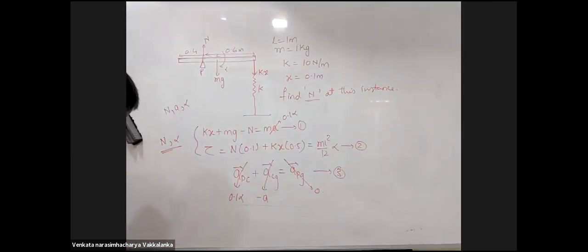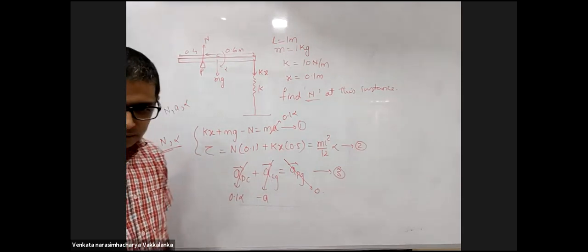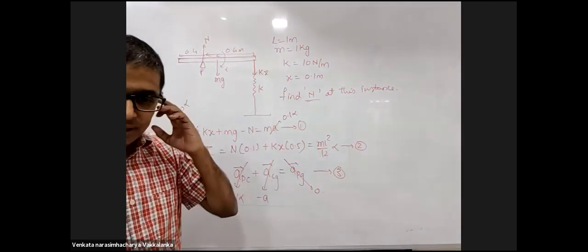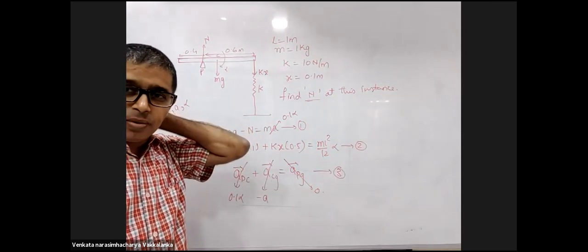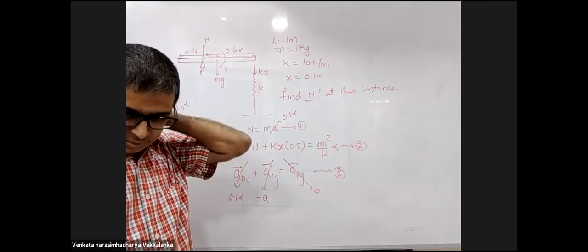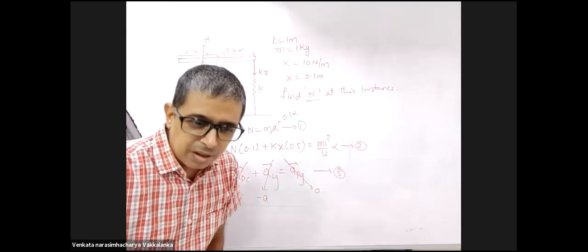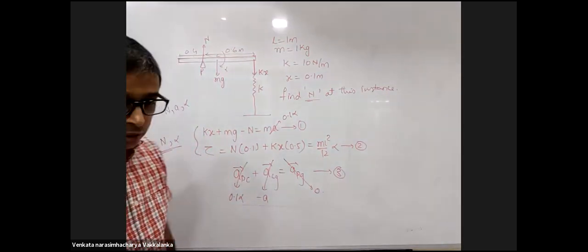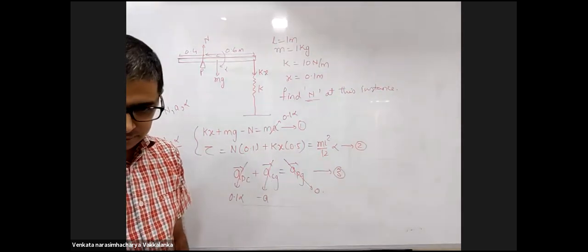Sir, is the answer 29 by 4 Newton? You will go with the majority. I told you I don't know the answer. I give arbitrary numbers. What is the answer that you people are getting? Sir, I am getting 29 by 4. I am getting 125 by 22. What are the others getting? Sir, I am getting 47 by 3.